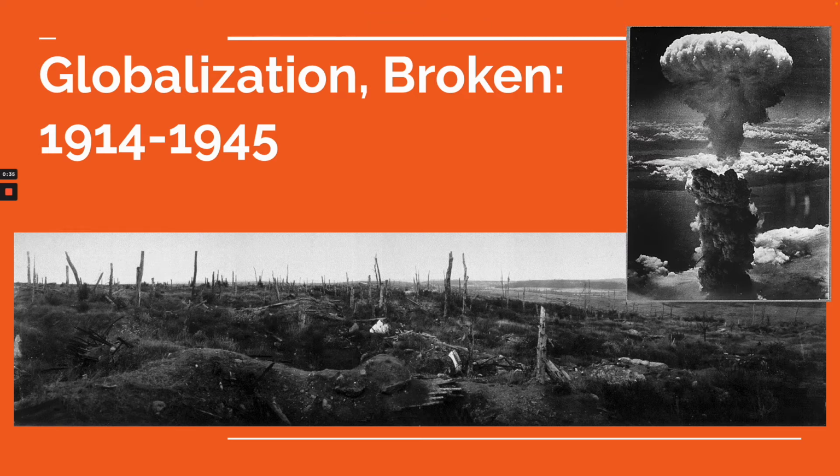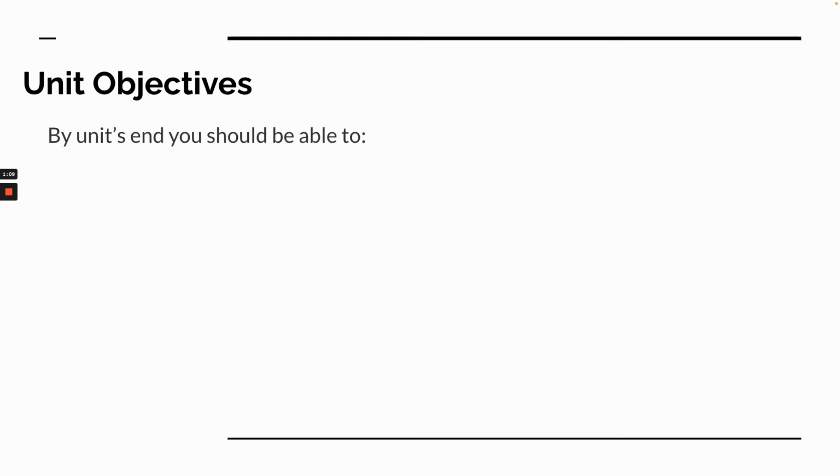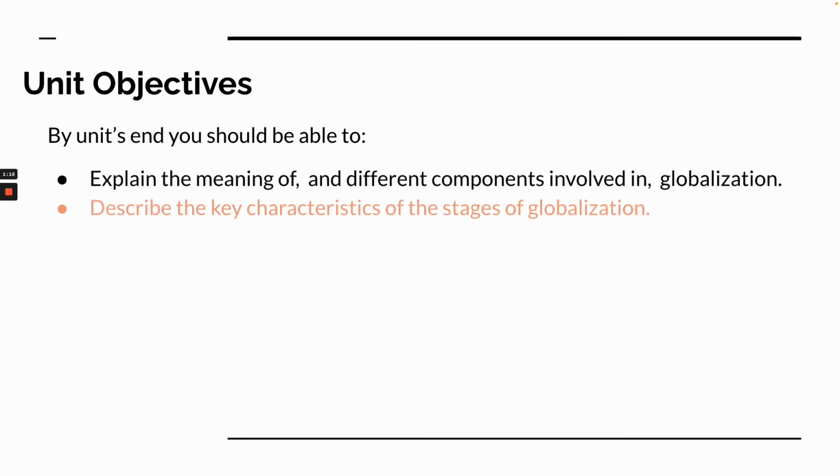So as we've seen, this period is the roughly 3 decades, 1914 to 1945. It is bookended by the start of World War I and the conclusion of World War II. And as these images suggest, the breaking of globalization came with a lot of violence. We have the destroyed no man's land of Flanders in Western Europe, the mushroom cloud of the bombing of Hiroshima in Japan to end World War II. This is still part of our look at globalization, and the same objectives are relevant, but in somewhat different